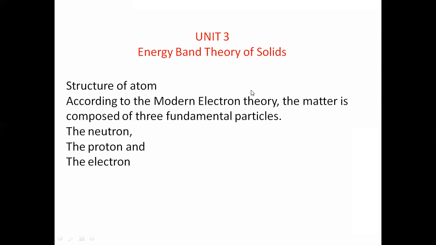Before that, we already covered the basics of atomic structure. What are the main components of the atomic structure? What are the main components we can observe in a molecule? The basic particles are electron, proton, and neutron. Generally neutrons and protons are present in the nucleus, and the electrons move or are placed in the orbits or shells. We can call them shells.